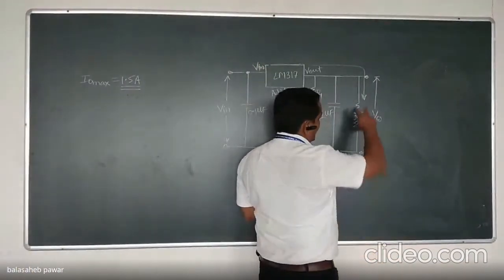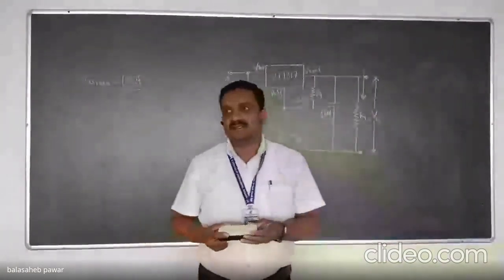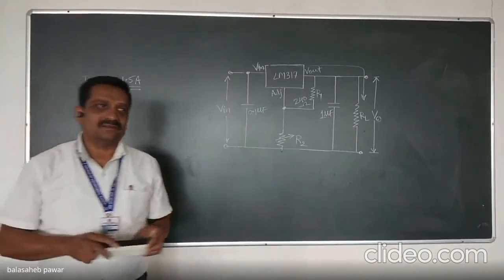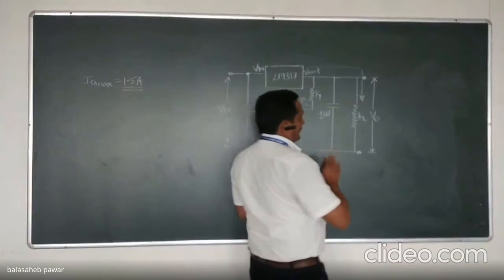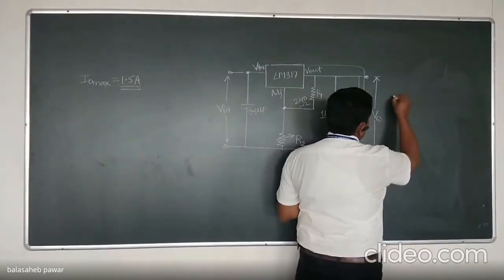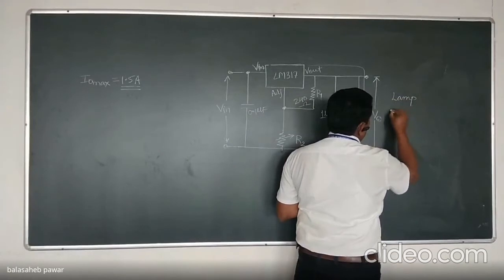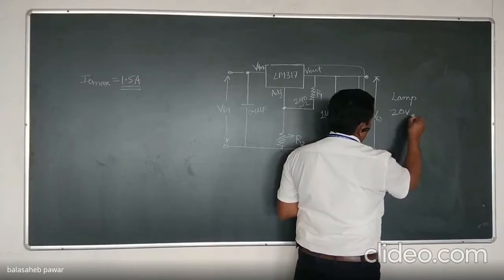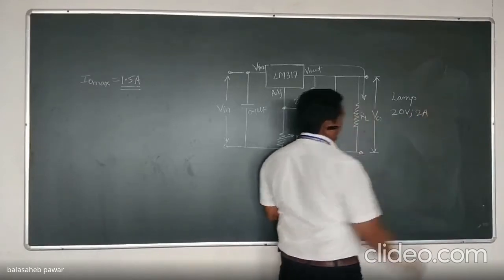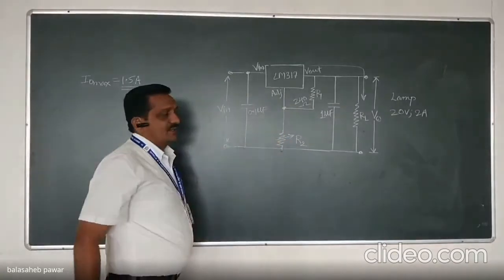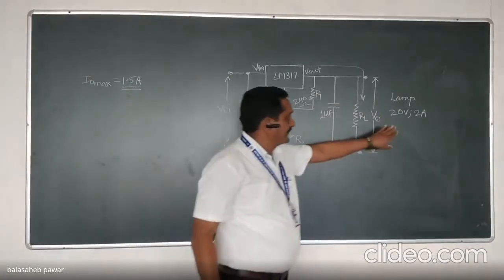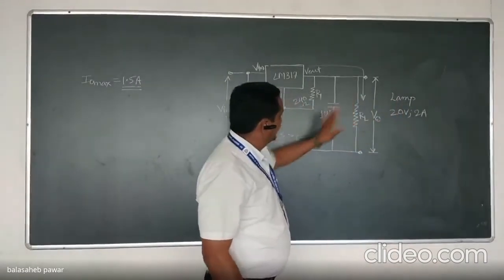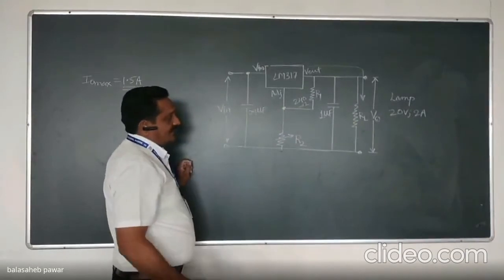Suppose there is one load, a DC motor. We will consider that load as a DC motor, or you can consider another load, somewhat like a DC lamp. For example, there is a lamp load which is operated at 20 volts, and its current requirement is, for example, 2 amperes DC current. This is the requirement of that load, right? A lamp load. Is it okay? So if such a lamp is connected to this circuitry only, then in this case, what will happen?